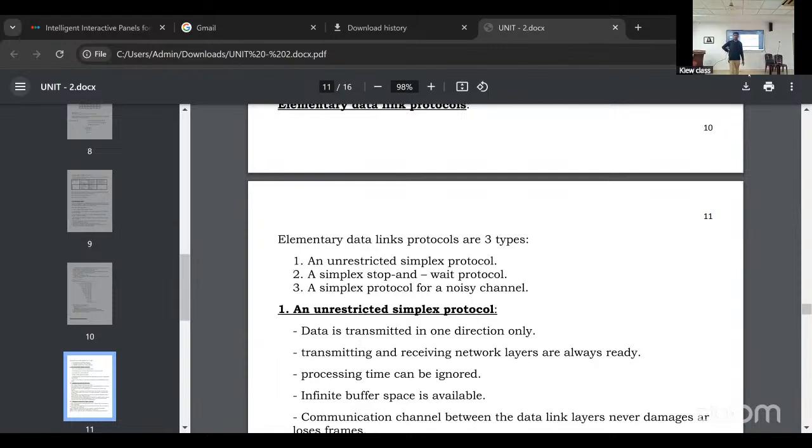The heading is channel allocation. How many types of channel allocations are there?